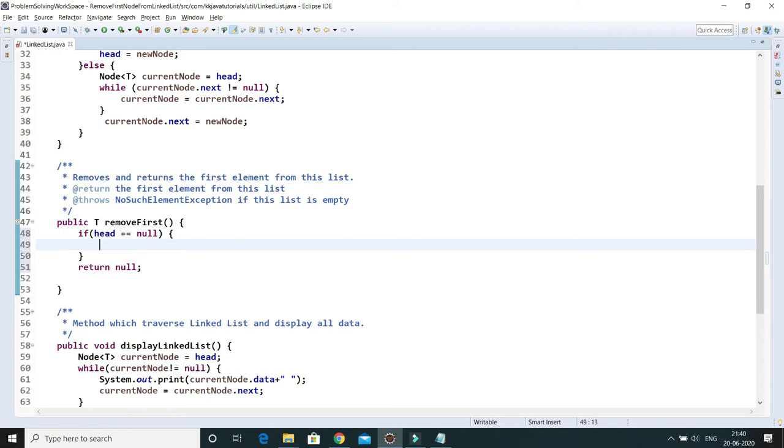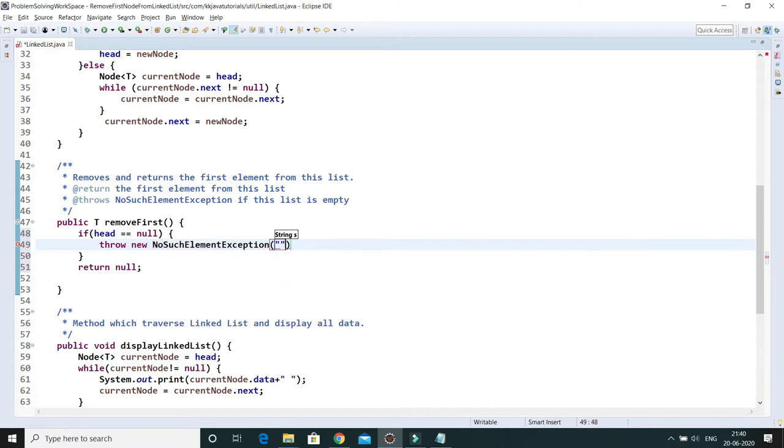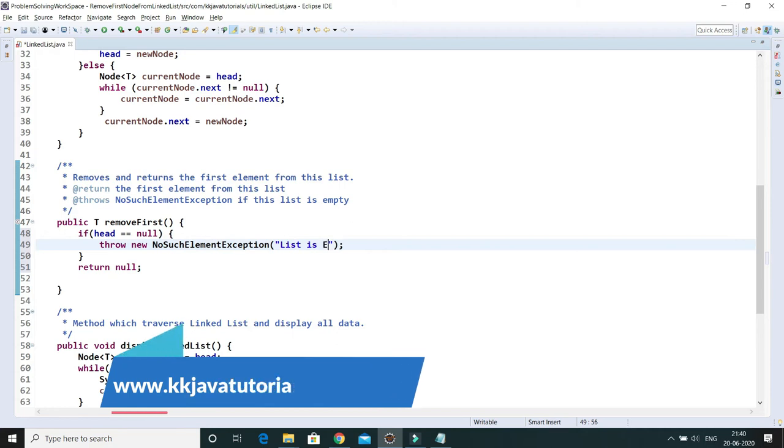If the list is already empty and someone is trying to remove the first element, that is not possible. This is an exceptional scenario, so you have to throw an exception. So here I'm going to throw a new NoSuchElementException. I'm using one of the existing exceptions in Java, and here you can specify the message: list is empty.